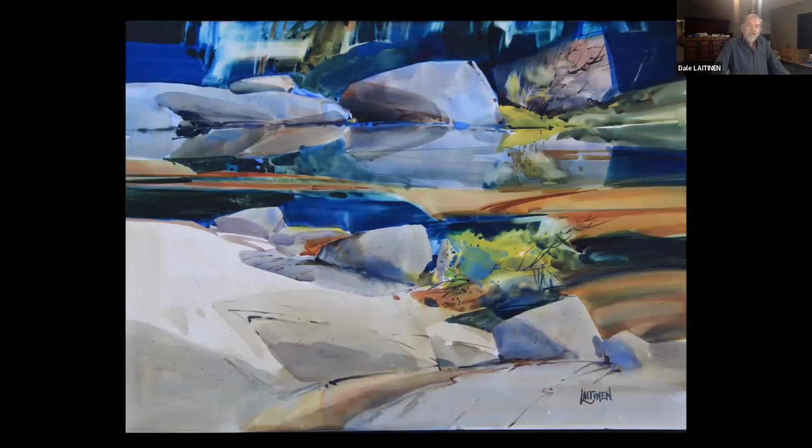This one is on Aquaboard. So on Aquaboard, that's a different animal. It's a clay substrate, so it is very malleable to lifting and moving around. So I use things like Mr. Clean Magic Erasers for lifting, and if I was unhappy with the painting, I could lift the whole thing